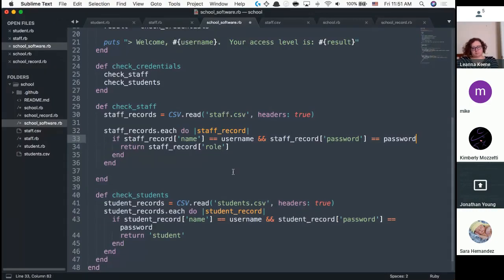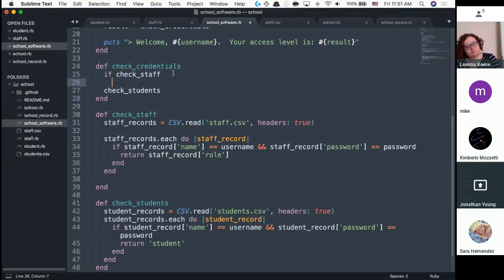Not that. It is not that. It's the issue right here, because I'm checking the staff first and then I'm checking the students. So I check the staff, it returns, but then it goes to student. Obviously it hits nothing, but this student records.each actually returns the whole thing to begin with. So I need a bunch of if checks here. So if check staff gives me anything,